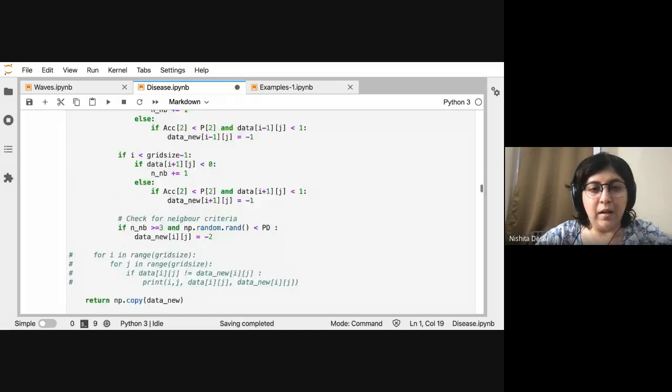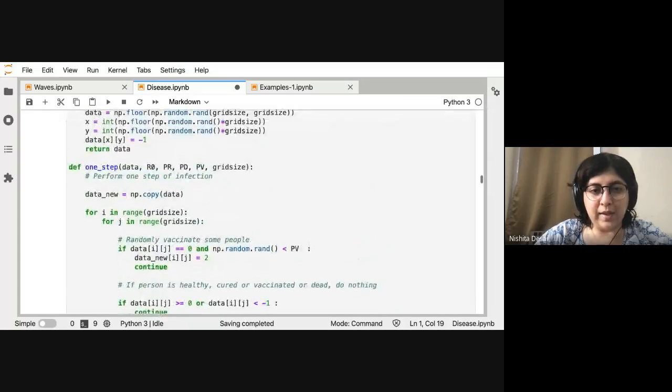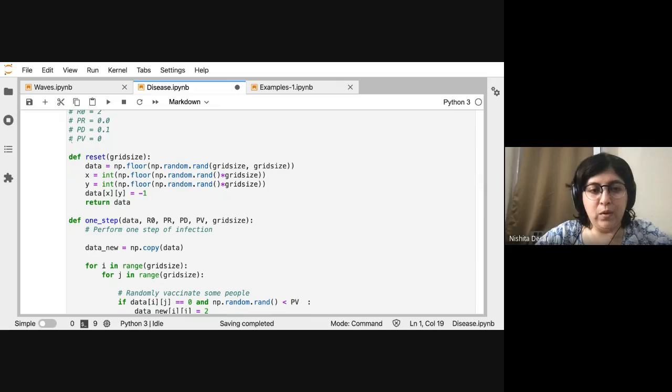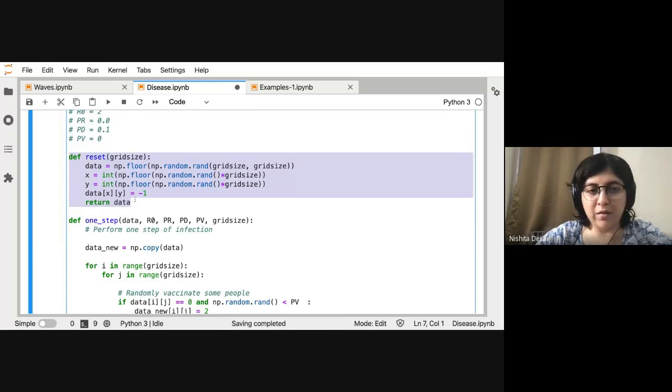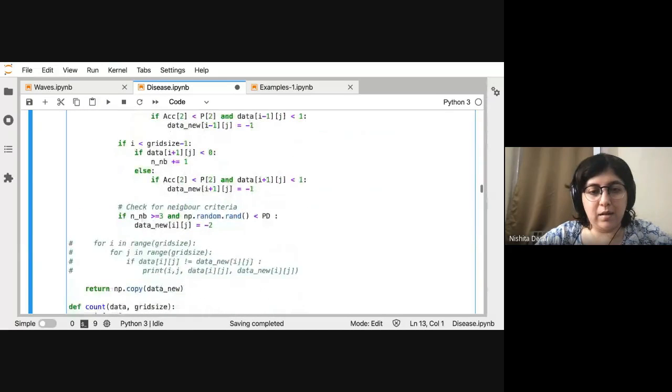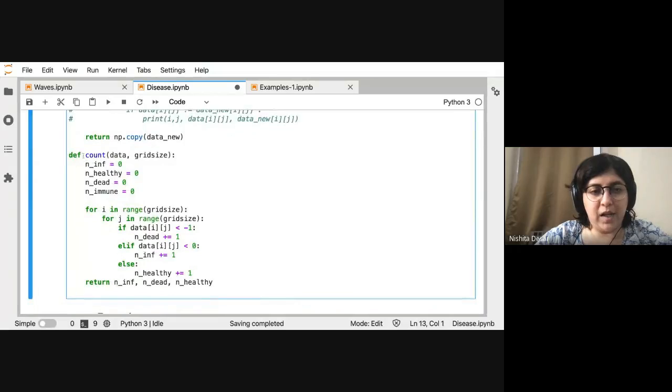Okay, and because now things are getting very complicated, I did 2 more things. I put a reset function, which just gives you this random data, and I also wrote this count function, which essentially counts the number of infected, number of healthy, number of dead, and number of immune.